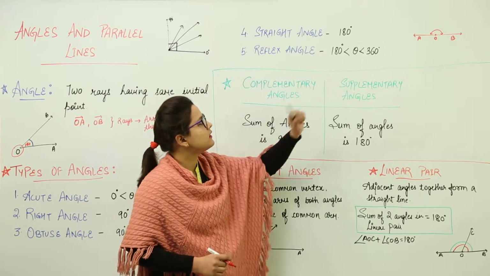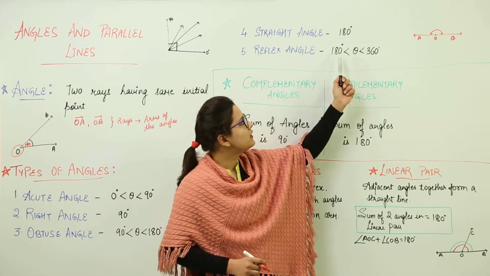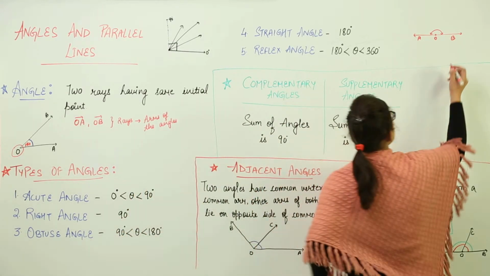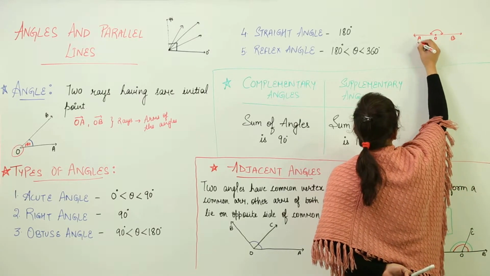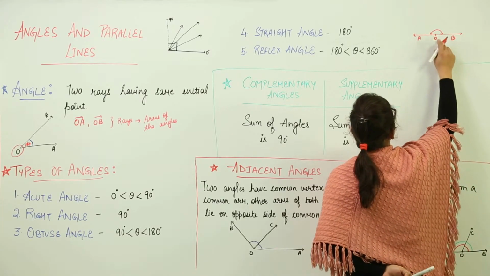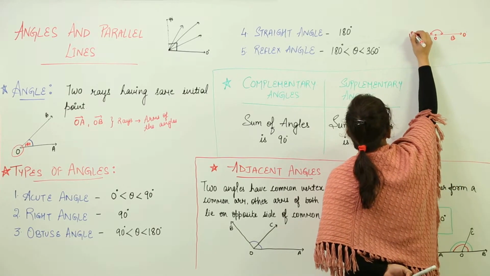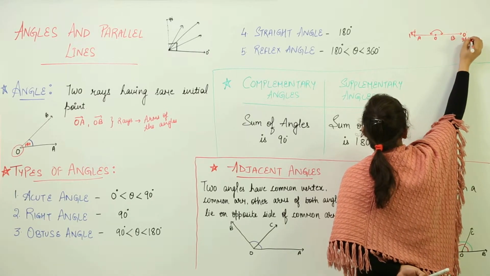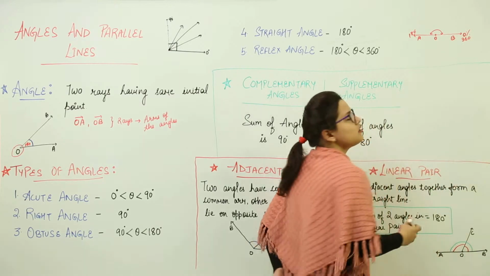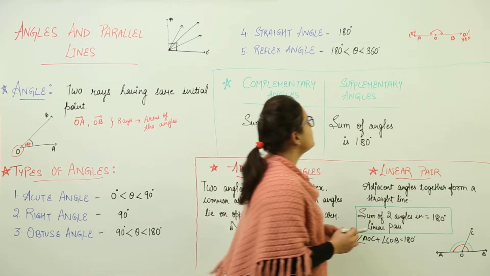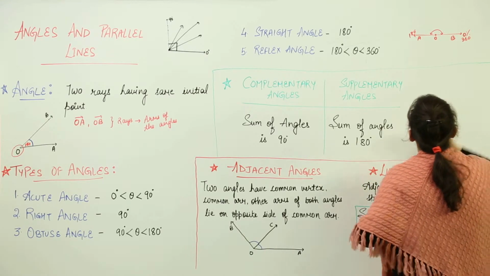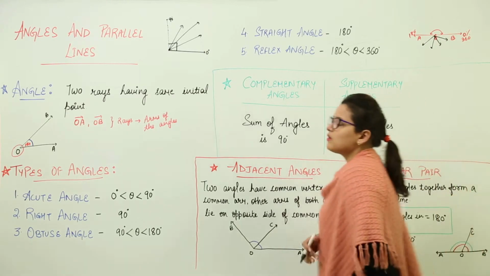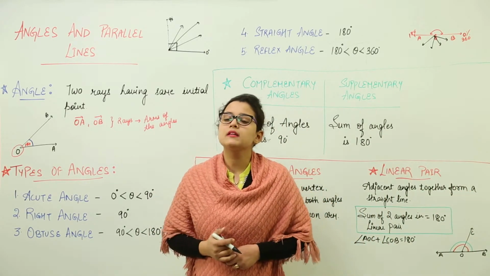Next is the reflex angle. A reflex angle has a measurement of greater than 180 but less than 360, and that will be lying somewhere below this, right? This is 0, this is 180. Again if you come back to this place after rotation, you will get back 360. So it is 0 degrees, or you can call it 360 degrees. Any angle that lies between 180 and 360 is known as a reflex angle, because it is always greater than 180 but less than 360.